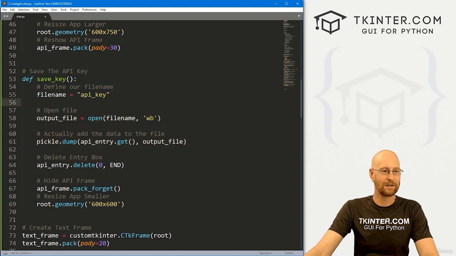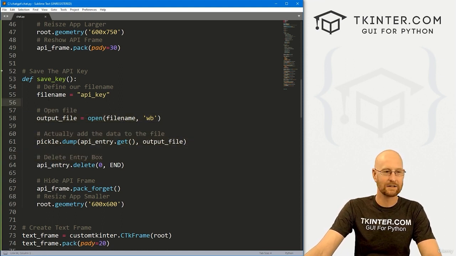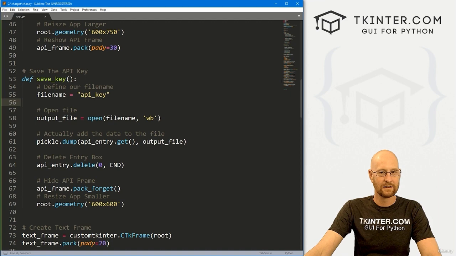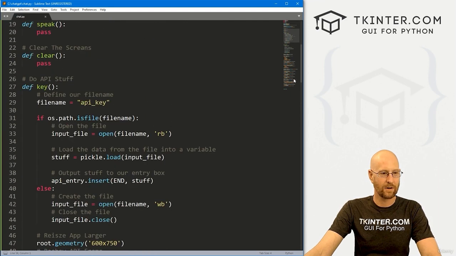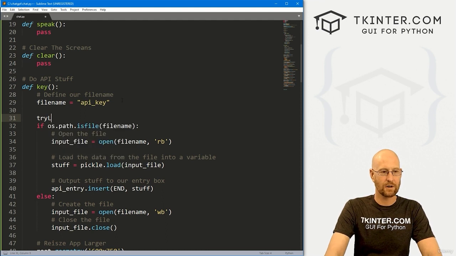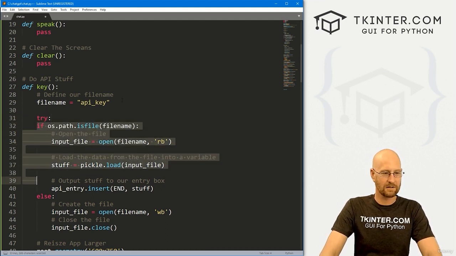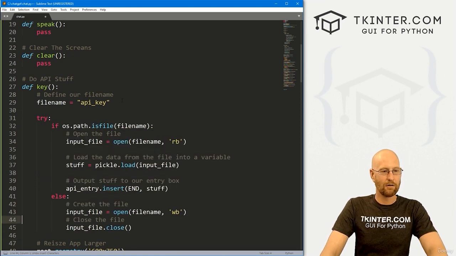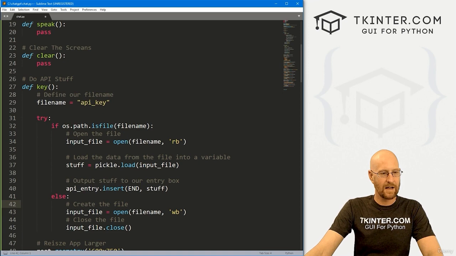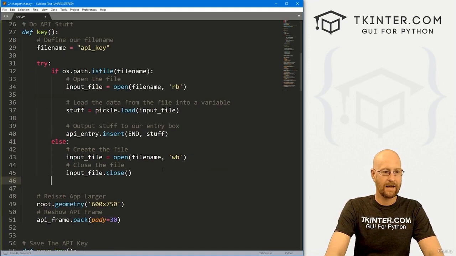And to do that, we're just going to do a try except block. So let's come to our save key. Well, actually, let's start with our key section here. And here, I'm just going to create a try block. And we can do that just by typing try. And try blocks look just like logic blocks. And let me just tab over everything. So now it's going to try this. And let's go except